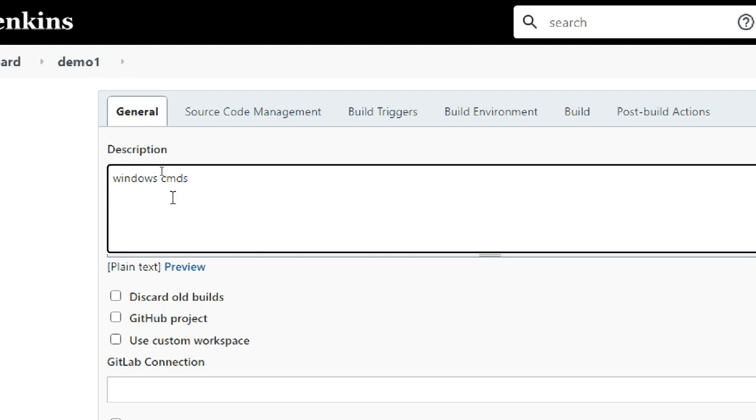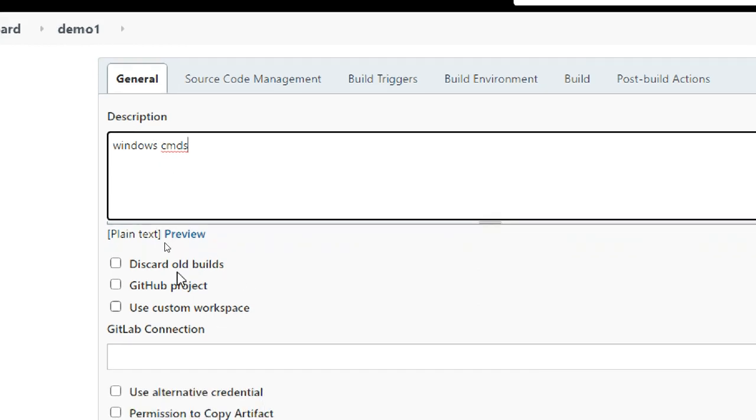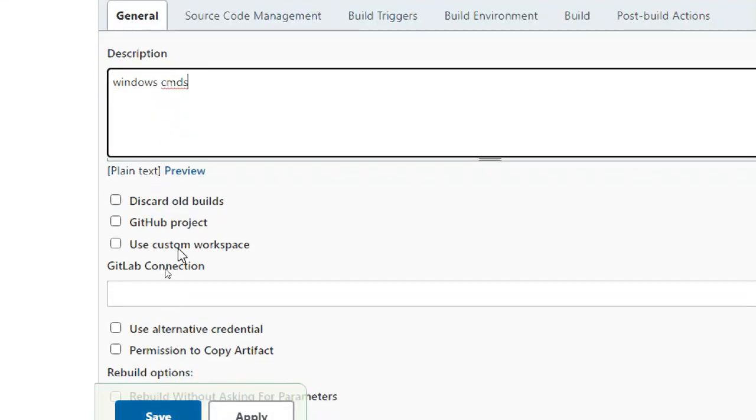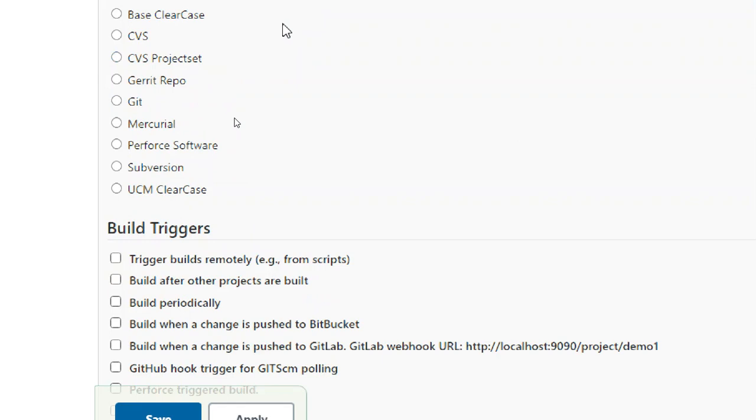CMDs, anything. If you want to tell GitLab connections or a GitHub project like that, if your source is in some location you want to tell here, you can tell it. So I'm going to source code.